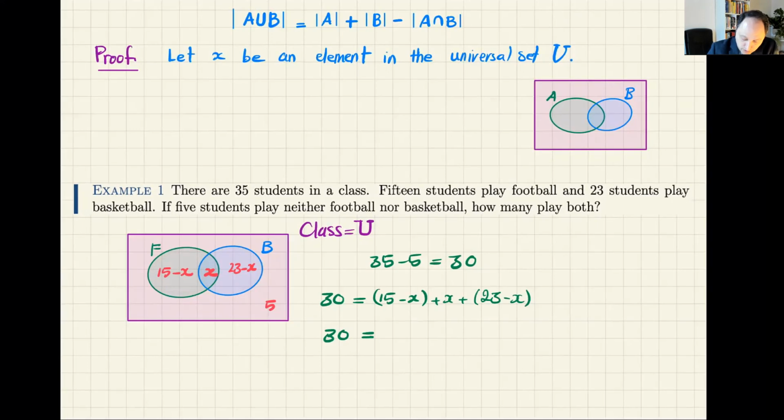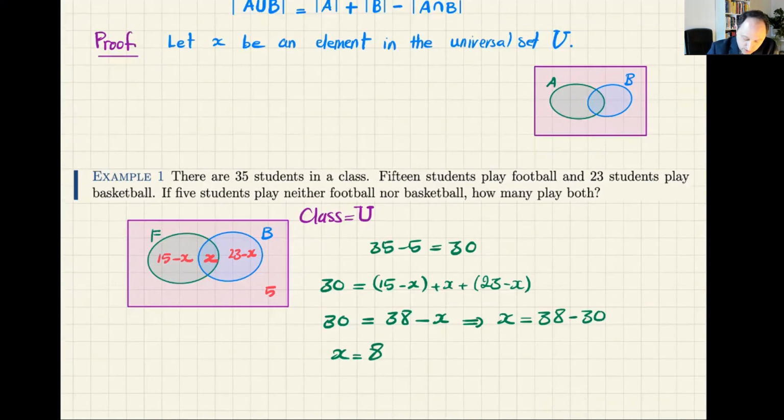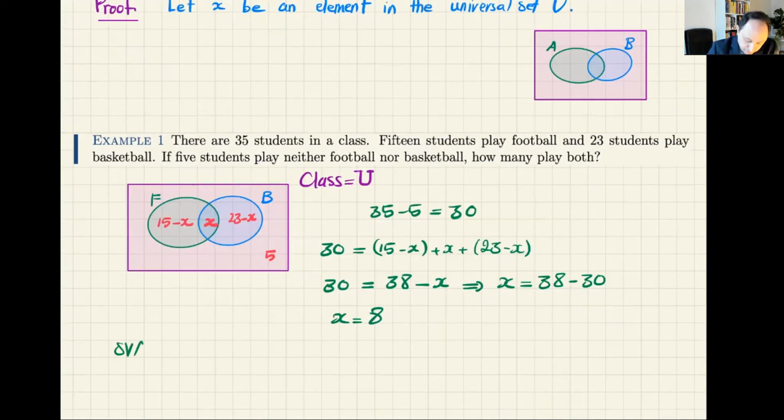If I simplify this, it becomes 30 on the right-hand side. 15 and 23 is 38. Minus X and X are gone, so this becomes this. And I simply solve this equation by moving X to the right and this number to the left. So X becomes 8. So the answer is that 8 students